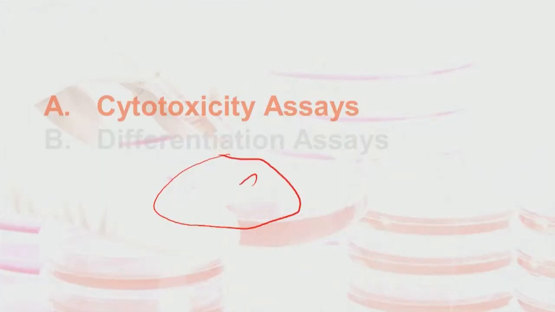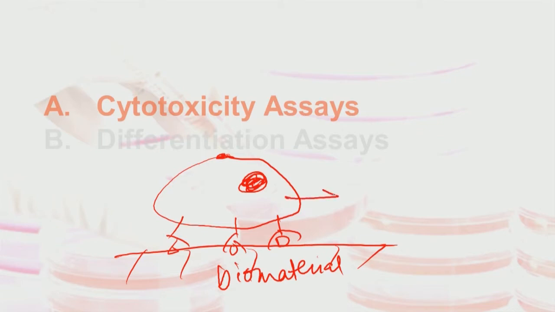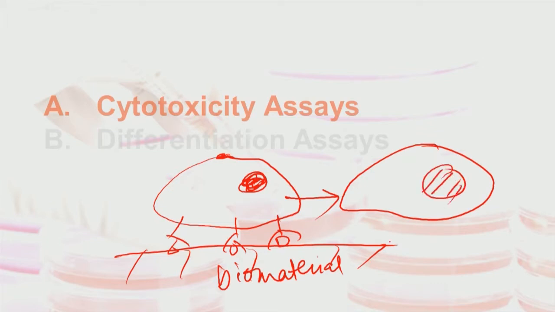In this module, we will discuss some of the in vitro assays to quantify whether a cell, when it adheres on a material substrate, is viable, that is, metabolically active, or whether the cell is already dead. That is number one. Number two is whether, after adhering on a material substrate, the cell is changing its